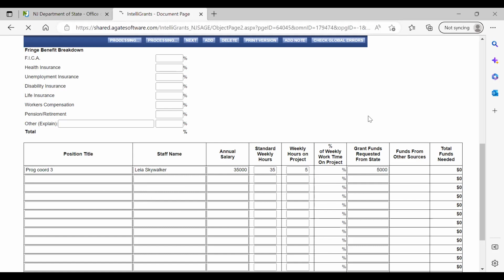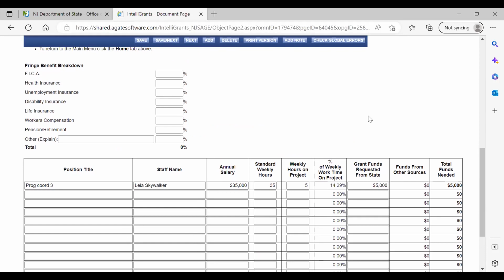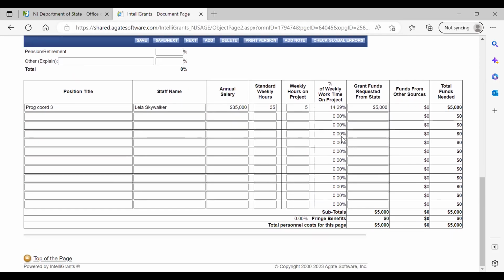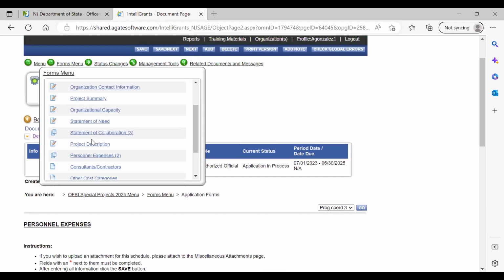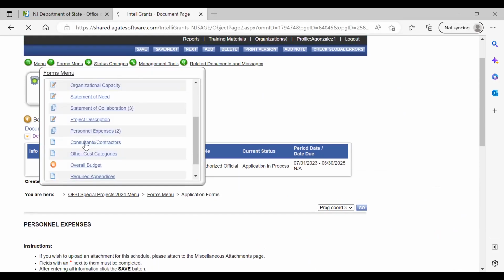Sage does its little Sage dance and starts calculating all this stuff. And then, all right, so then you have the 9,000 from the previous plus another 5,000 here, makes it 14,936. So if you're writing a grant for 20,000, you've got about 5,200 to play with, right? And so you hover over forms menu, you go to consultants,